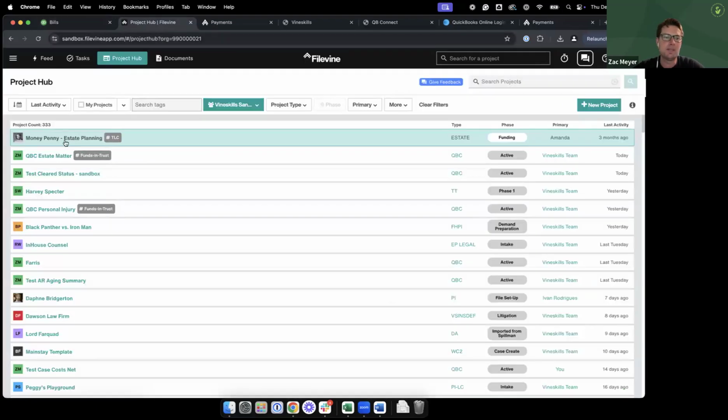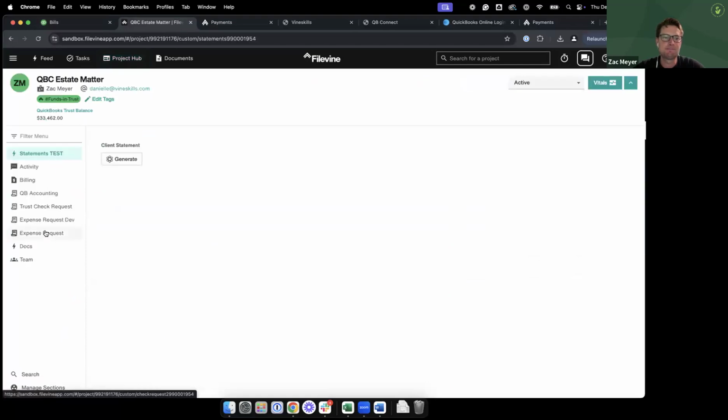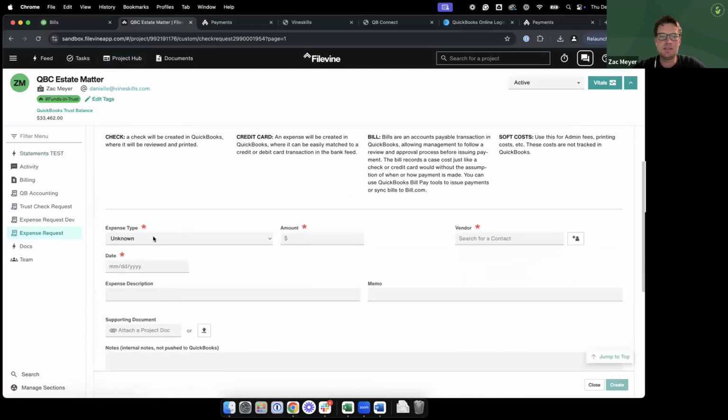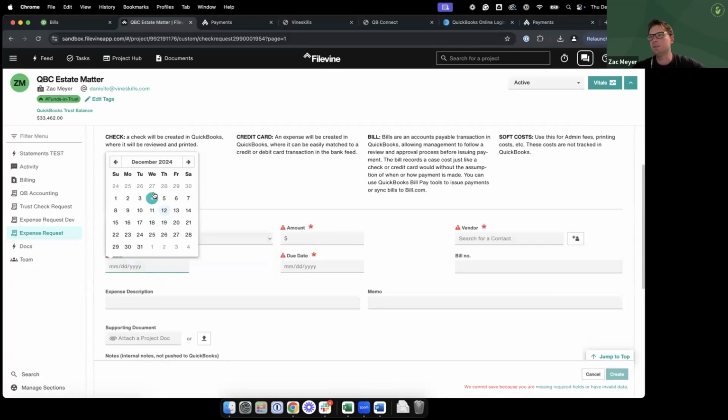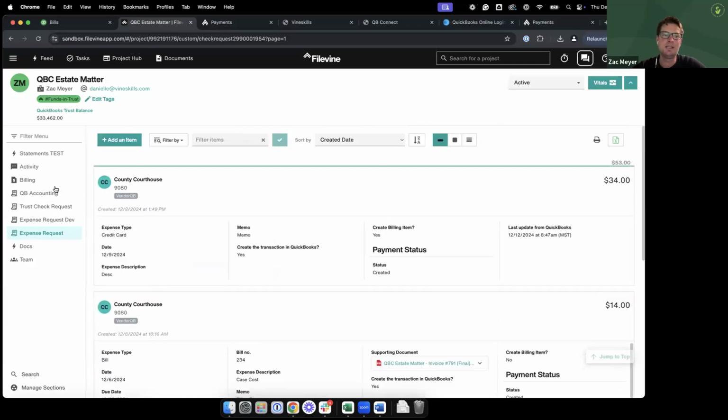But that can happen. Usually it doesn't happen on expenses, but if you had a bill and you tried to backdate it before 2023, it wouldn't be able to hit QuickBooks. And we're working on ways of alerting you on that in the billing dashboard. So